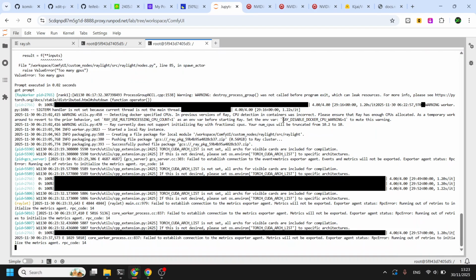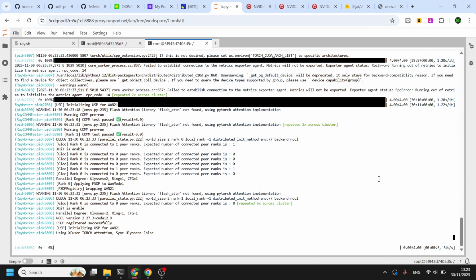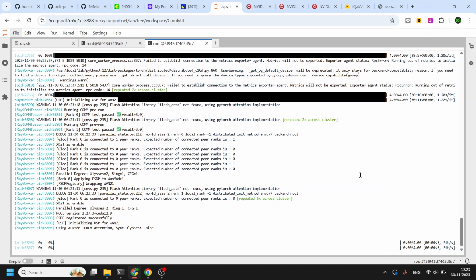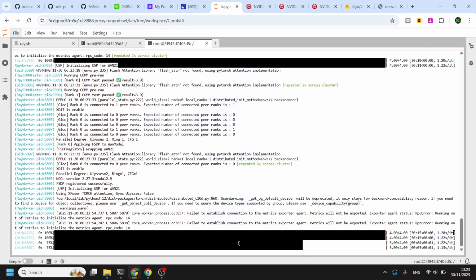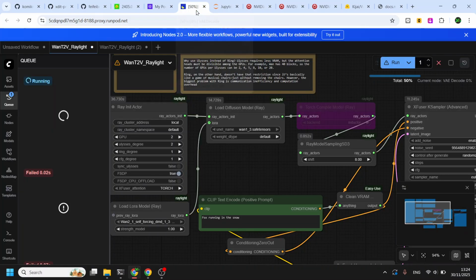The problem with Raylight is actually this progress bar, since it is asynchronously reported by each worker, so you might get weird values. Yeah, this is the GPUs working. I will fix this progress bar. It's easy to fix, but I don't have time for that for now.